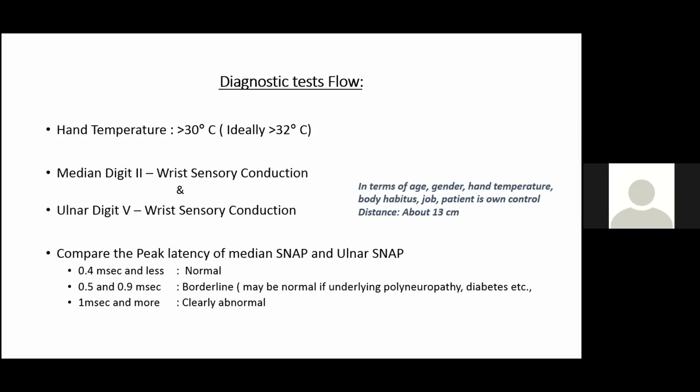But all these research-based cutoff values, using receiver operating characteristics in many studies, are based on peak latencies, because with onset latency, due to the stimulus artifact or some positive dip, we may not know exactly where the onset latency is. But the peak latency is a rather robust feature. Whether you do it antidromically or orthodromically, the amplitude varies, but the peak latency doesn't vary much. So you can extrapolate data from an antidromic study to an orthodromic study for the peak latency, but not the amplitude. And calculation of the velocity is always